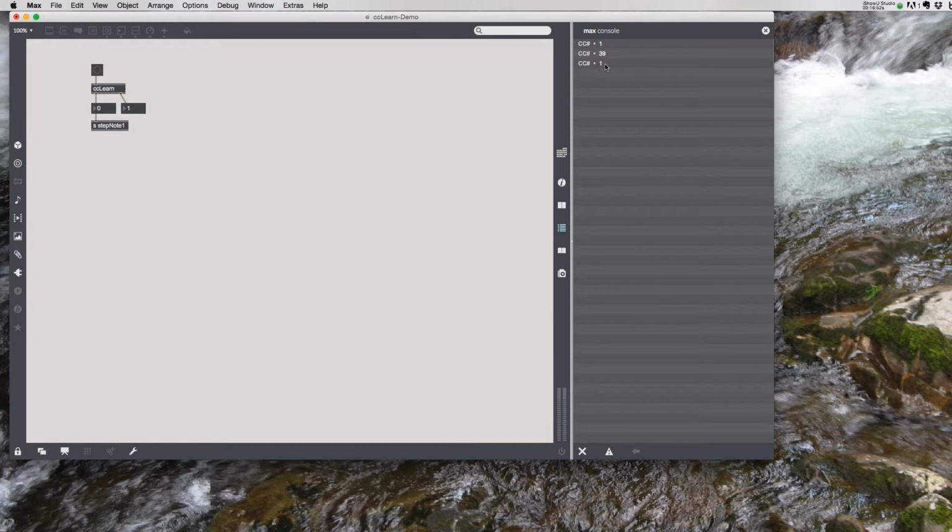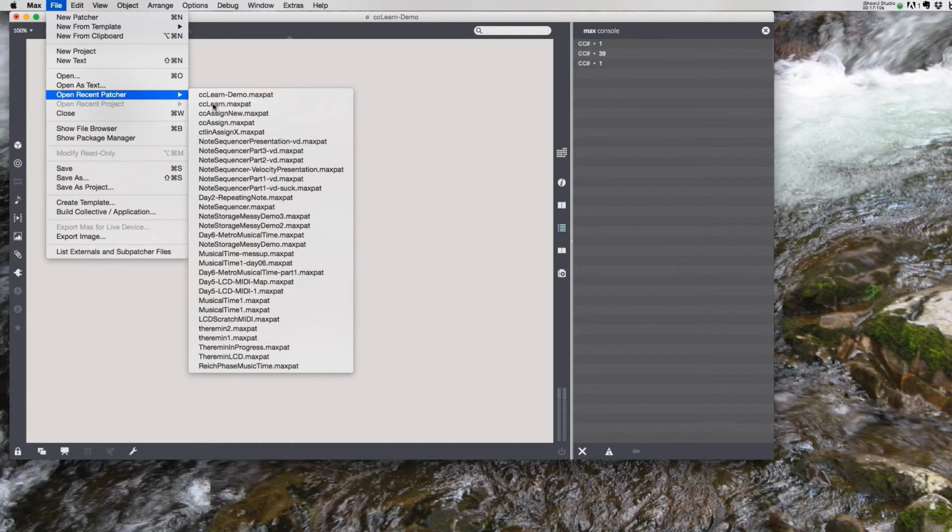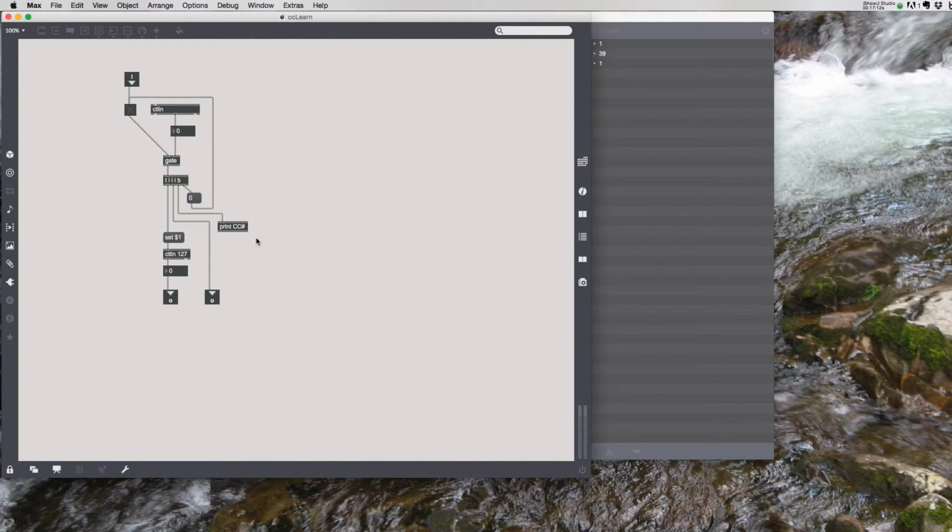So this is a great little automation because I can load bang a message in here, and that's the final spot. Actually, I need to go back and do one more thing before I wrap up. I know I'm getting kind of long, 17 minutes for this one, but this is a really cool object. So let's open up a recent patcher, my ccLearn. I want the final thing here, which is